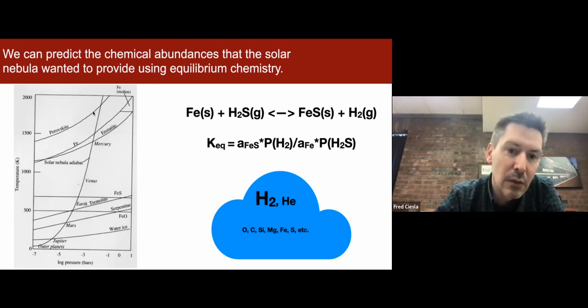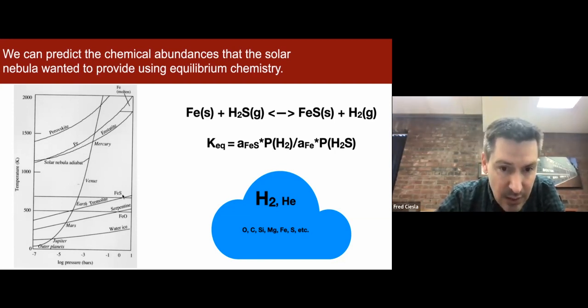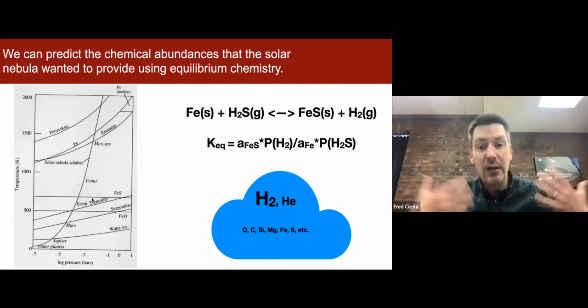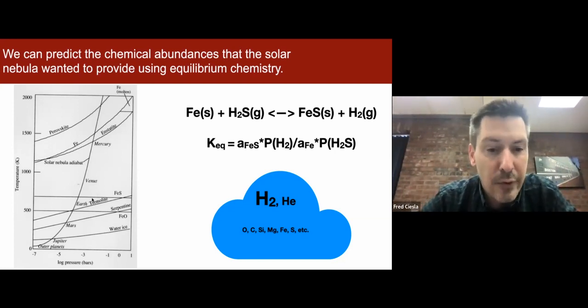The first one in this particular plot that you would cross would be perovskite, a mineral that is, as I'll show in a minute, something that we find in meteorites. As you get lower and lower, you cross the iron stability point. So at temperatures above this curve, iron exists as a gas. Below this curve, iron exists as a solid. And then you can see here, this horizontal line represents when the iron sulfide begins to form. So at a temperature of about 700 Kelvin or so, the sulfur would react with the iron and become incorporated in the solids,